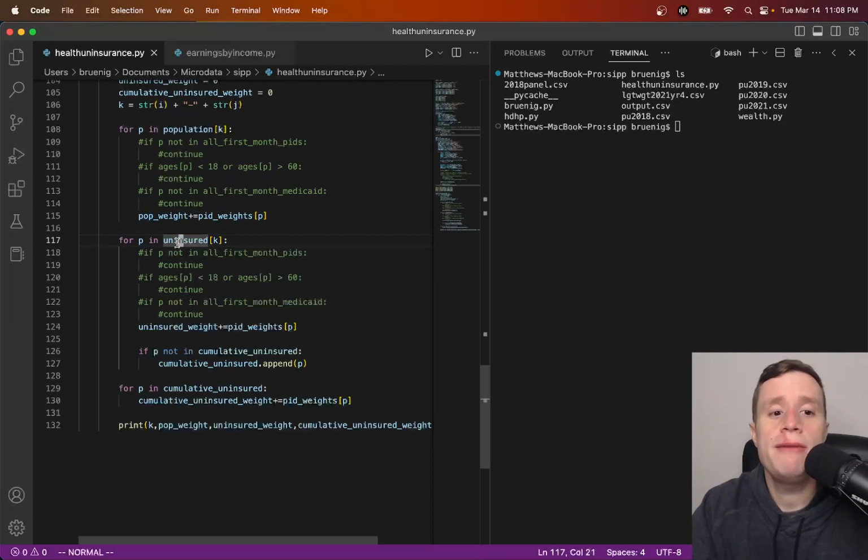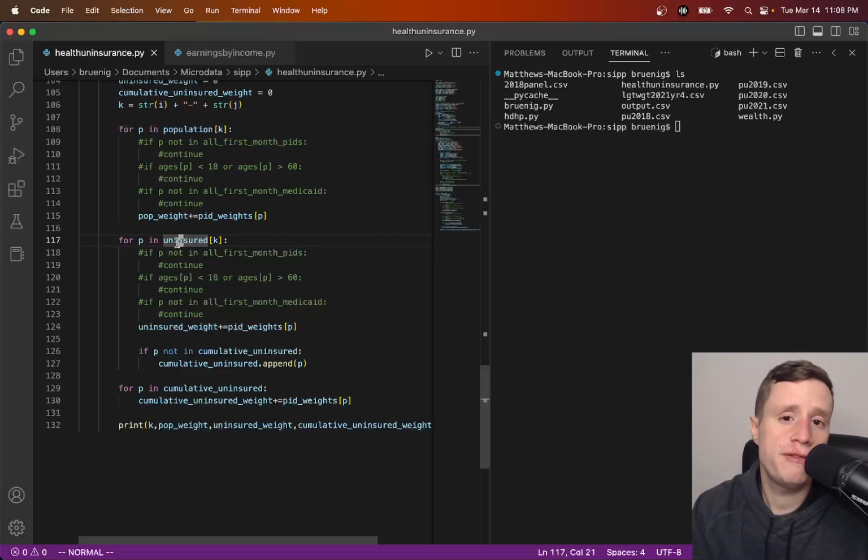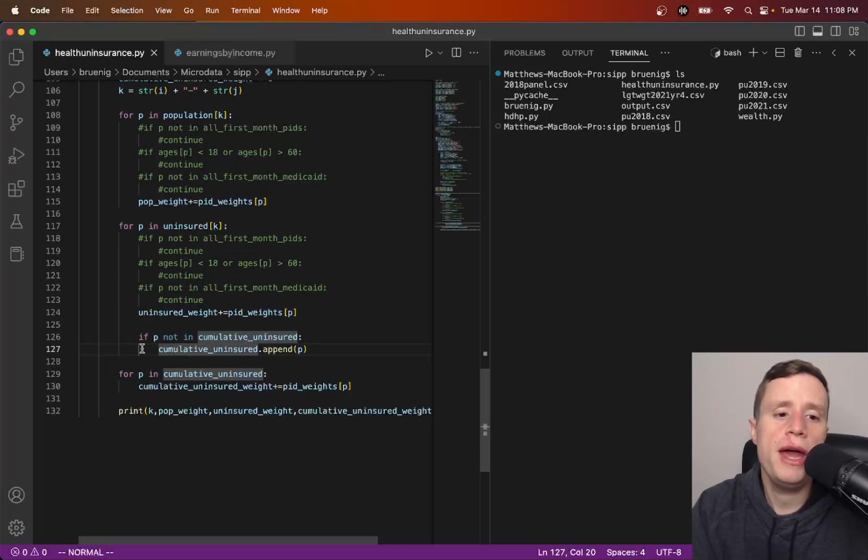Then we're going to do the same thing for uninsured. We're going to say, hey, for each month, I want you to go through the list of uninsured people. And I just want you to go add them up using their 4-year longitudinal weight, right? Then from there, right, we've already identified them as uninsured. We're also, in this process, creating a